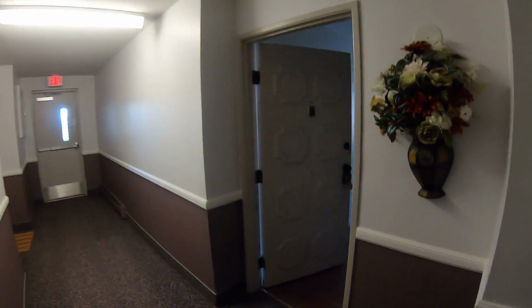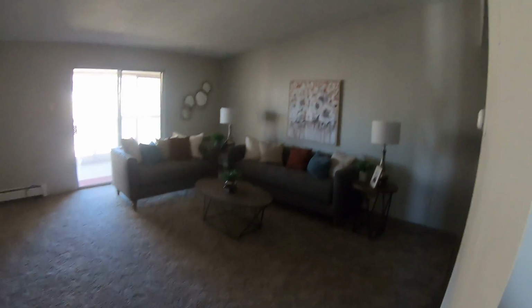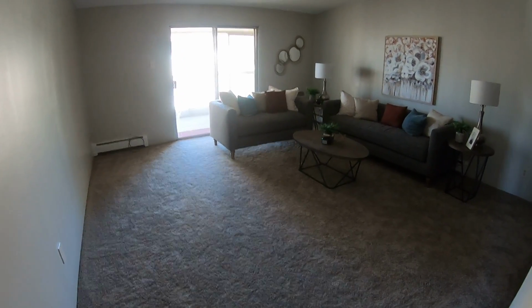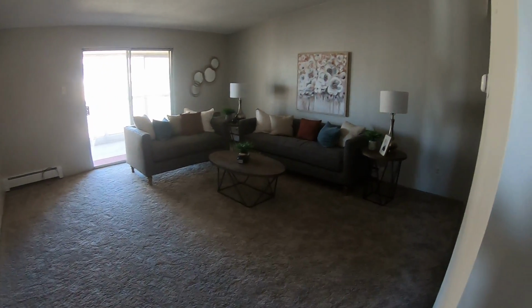So we are at a condo unit in a retirement community that we finished remodeling. We did not do much in this particular property, and we are now under contract for more than we even anticipated. So in this particular case, it made a whole lot of sense not to do a heavy remodel. So what we did, we threw everything away. We repainted all the walls, we put in new carpet, we fixed a few other little things and staged it